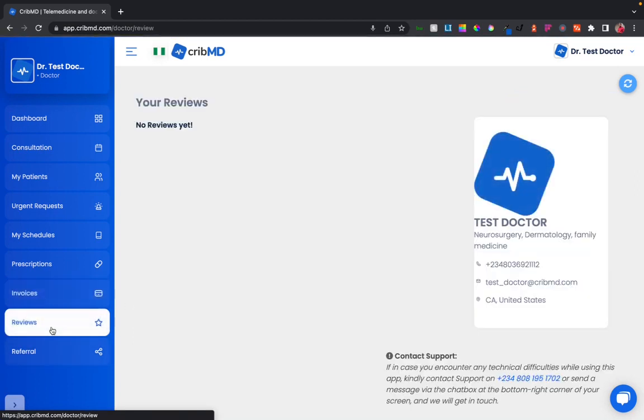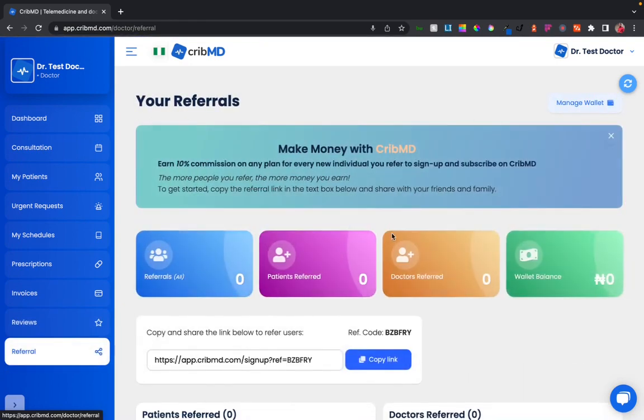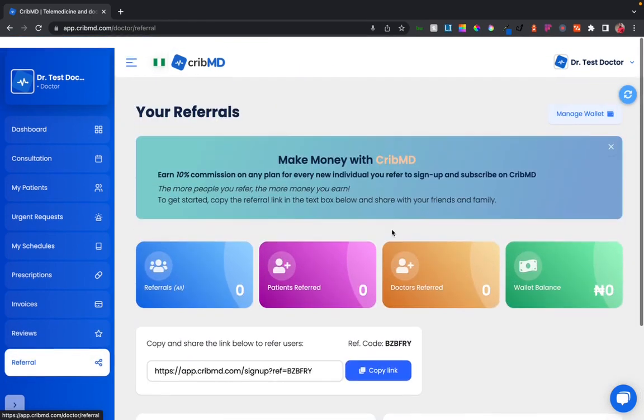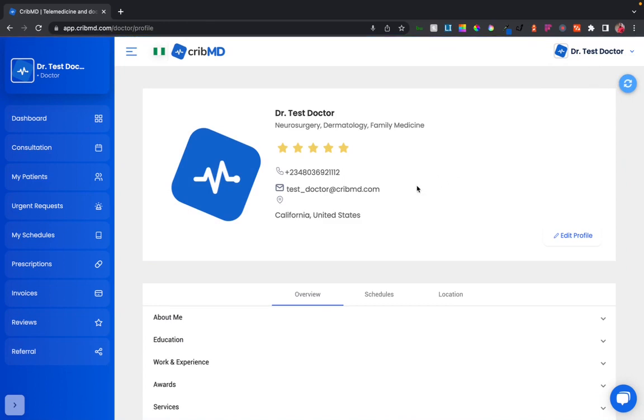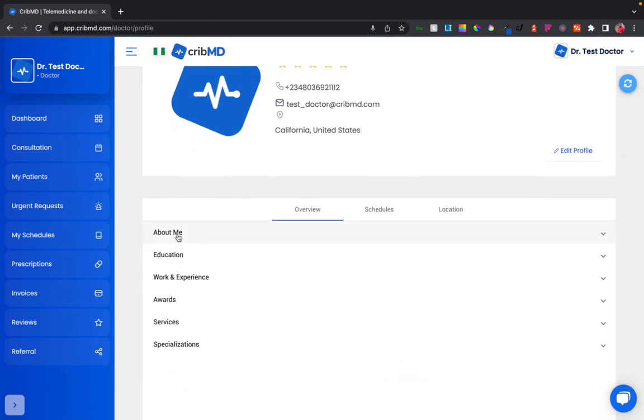So here you're going to see your reviews, what reviews patients have given to you. And then here you also have the referral as well. So if you go to the doctor profile, you're able to edit a lot of things like about me,